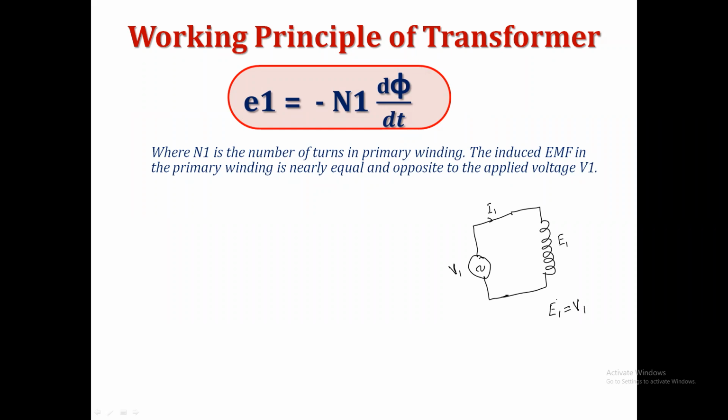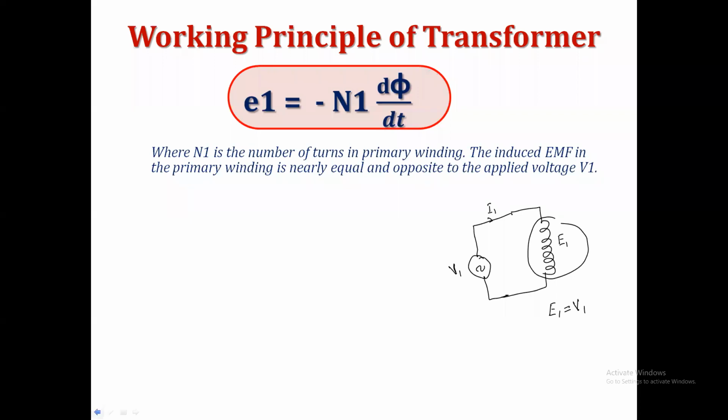This E1 is always equal to V1. Why? According to Kirchhoff's voltage law, in this closed circuit, the applied voltage is always equal to the voltage drop across any part of the closed loop. It means that here only this one coil is present in that circuit. It means that whatever the applied voltage is, definitely the total voltage will appear across this coil. That's why I say that E1 is equal to V1. Is it that clear?